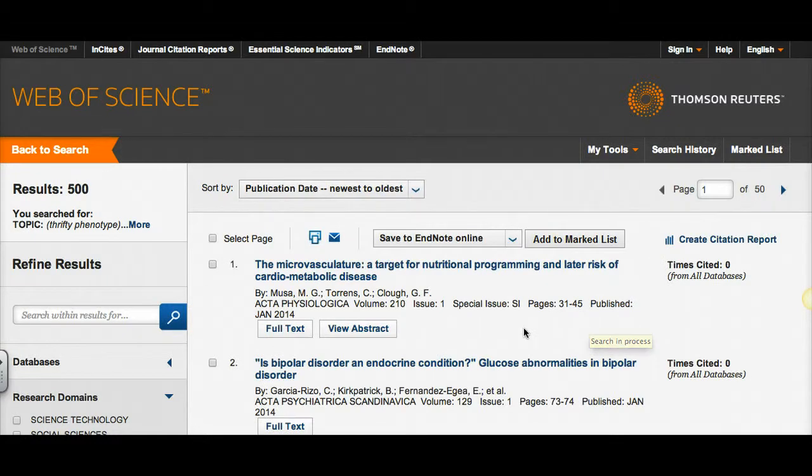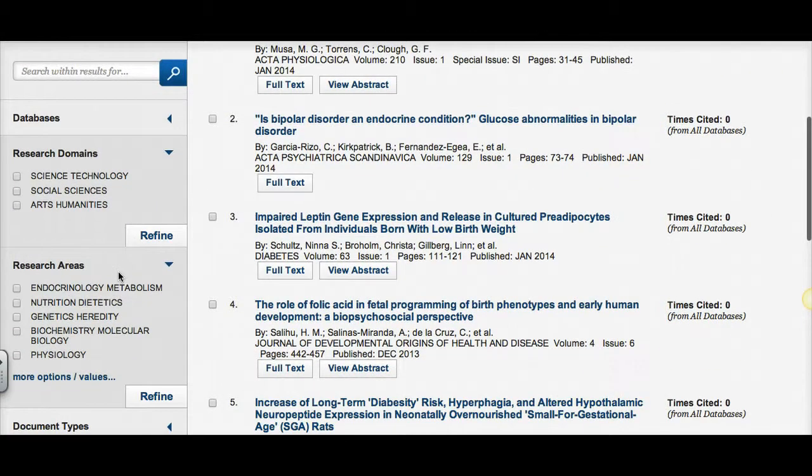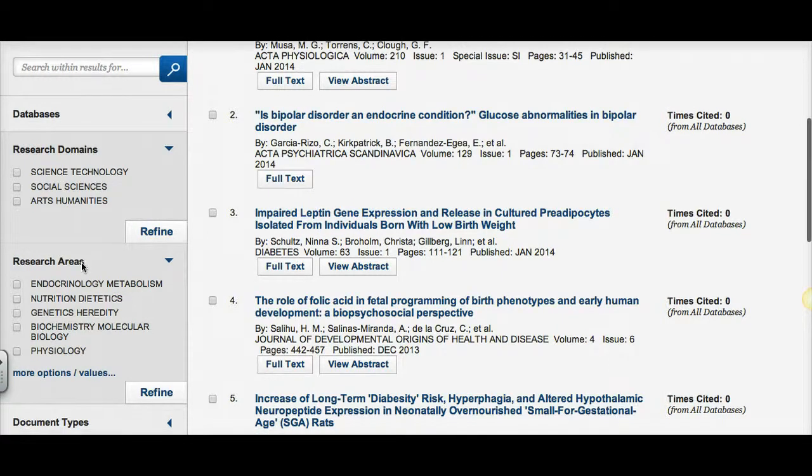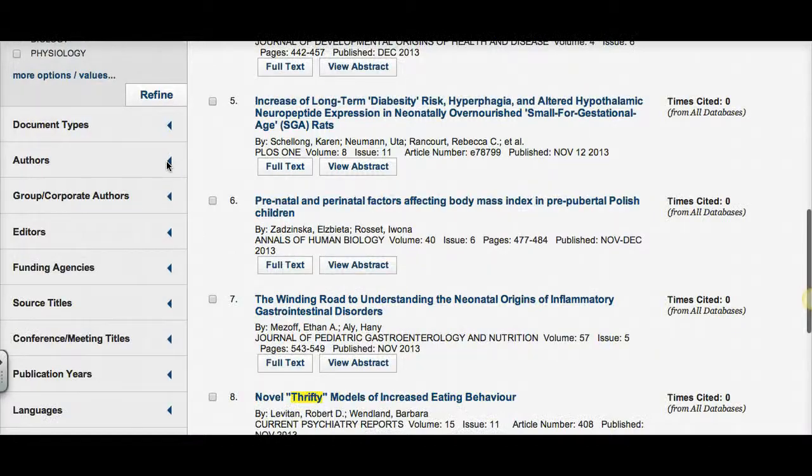Okay, let's just talk about this page for a second. Up here in the top left, you'll see that we have 500 results. We can search within the set of results by keyword. And in this left hand column, there are lots of ways that we can refine this set of results. So we can look at all of the research areas involved, and just by checking the box, we can limit the search to that subset of articles with that research area. We can go down and look at all of the authors,